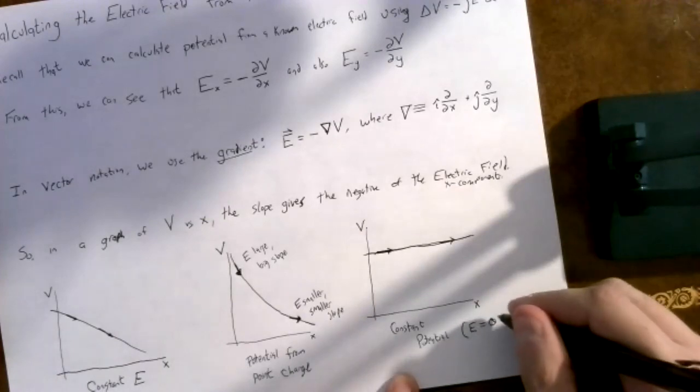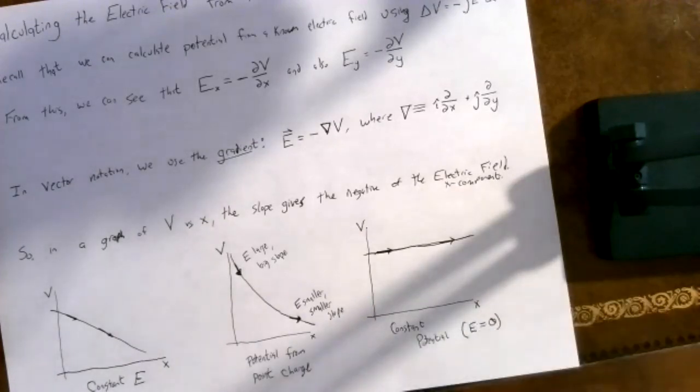And that's an important equivalence to understand. If the potential is constant, then there's no electric field. If there's no electric field, then the potential is constant, right? Because if the potential is not changing, then it doesn't take any work to move a charge from one place to another. If the potential is the same, there's no electric force that you have to overcome